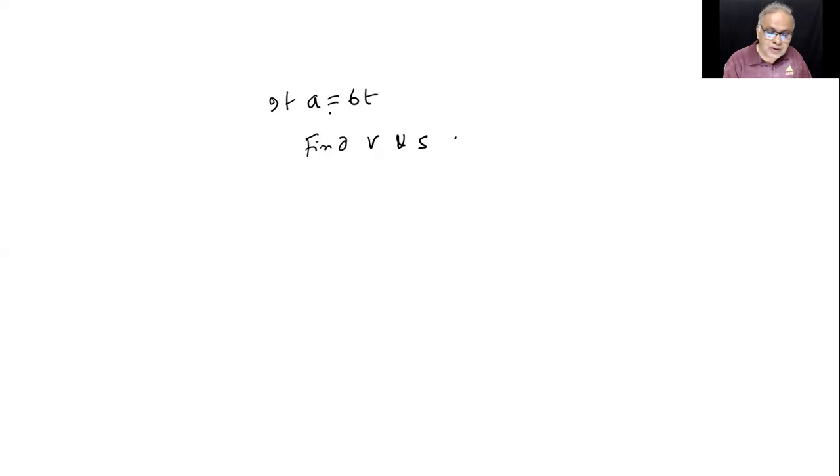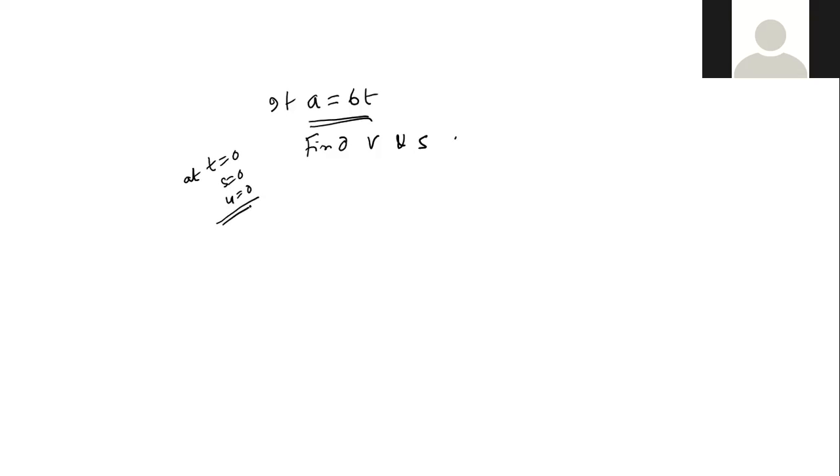So what is that? We should write A equals... nothing is mentioned actually. You should ask whether initial velocity is 0 or not, initial displacement is 0 or not, isn't it? So you should take t equals 0, s equals 0, and u equals 0. If it is not given, you cannot do things. So tell me, Vishnu, what should I do? We have to integrate it, sir.